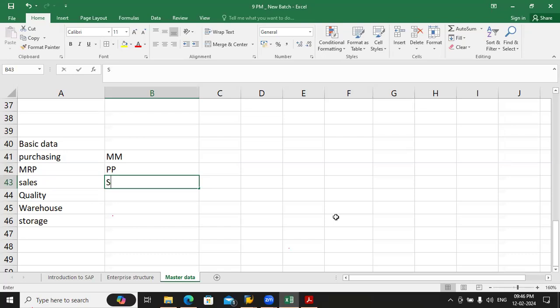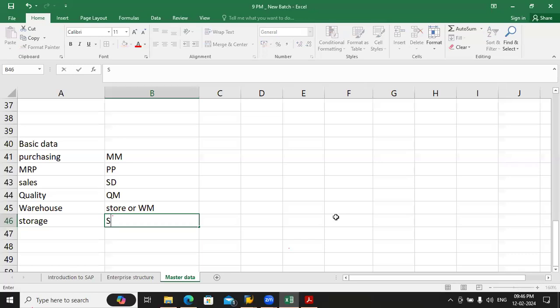Sales needs to be maintained by sales and delivery. The quality view is maintained by the quality management module. The warehouse view has to be maintained by store or warehouse management people. See guys, if you are looking toward this structure, it means that